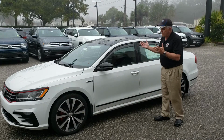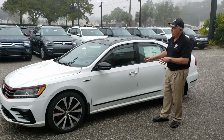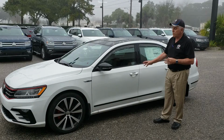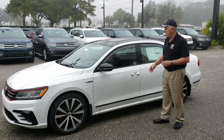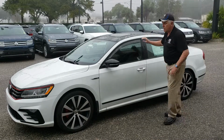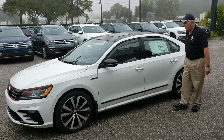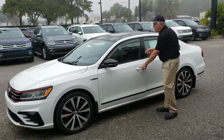They also use virgin steel, which doesn't really affect the way it sounds. It's a funny expression, but they don't use recycled steel, and that's to avoid corrosion and rust. But one thing that's unique about the way Volkswagen makes its panels, every automobile is made out of panels. There's a panel here, panel here, panel here, panel here. And the way they create these is they take a piece of sheet steel,